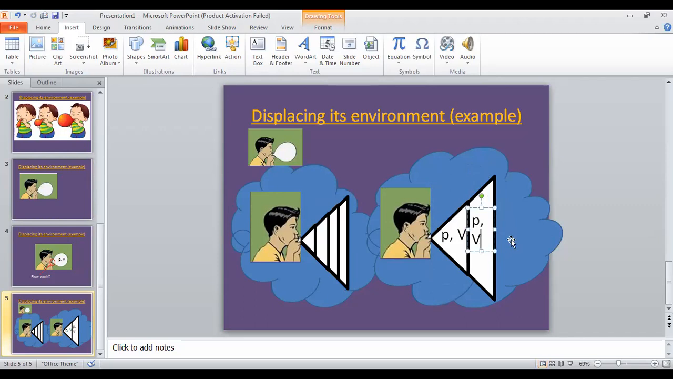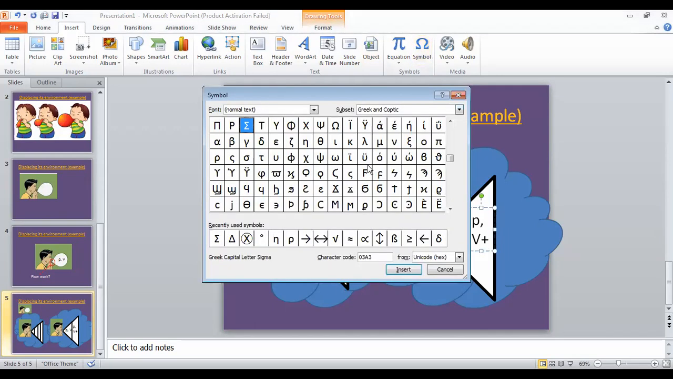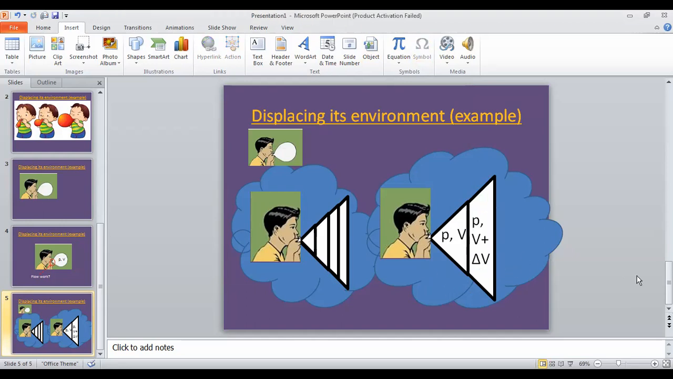The volume becomes V plus a little extra, delta V. And if this delta V is very small, this P is the same, and after making this balloon a little bigger, V changes to V plus delta V. So for this step of enlarging the balloon by delta V, the work done to displace the environment by delta V, we can write the work done as